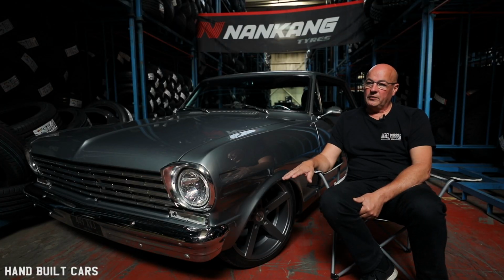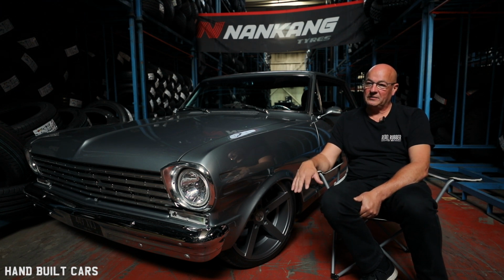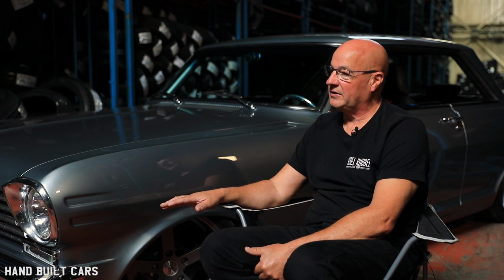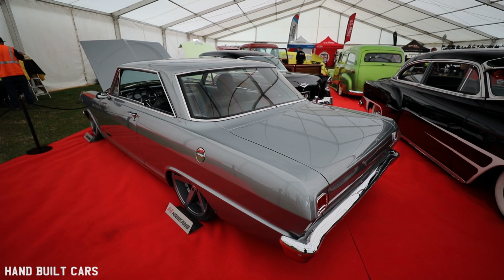I'm not really a trophy sort of person with a car. I've got no intentions of building a car to win a trophy. I build it for myself. The biggest pleasure I get is when somebody sees your car and just says, oh wow, what a nice car that is. And I just think, yeah, you know, and they appreciate the car,